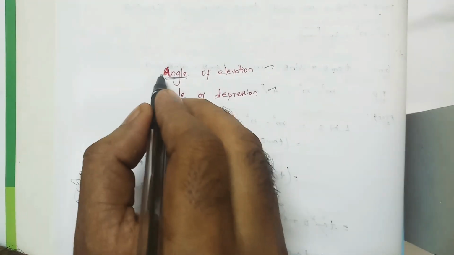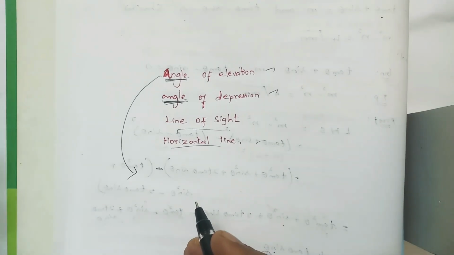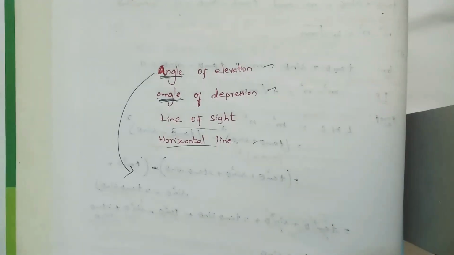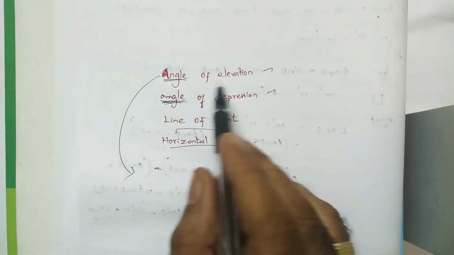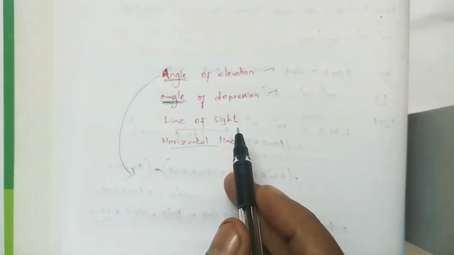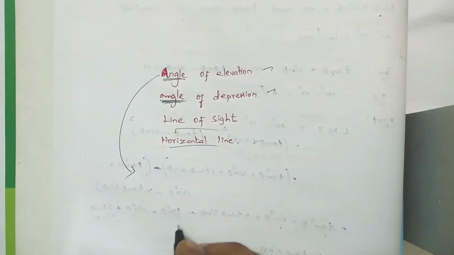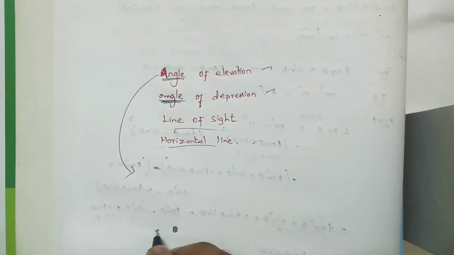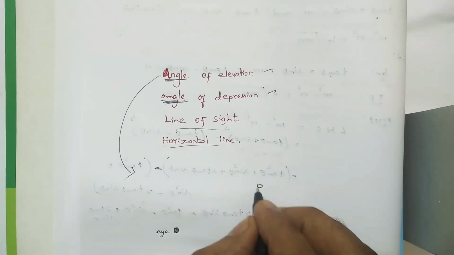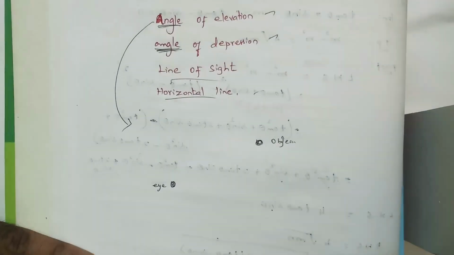First I am going to discuss the angle of elevation, a very simple thing. This is rough work, you don't need to copy it, it is just for understanding. We have a note for copying in your classwork note. Angle of elevation is nothing but this: if you are standing down, and this is your eye, and you are watching some object at the top.